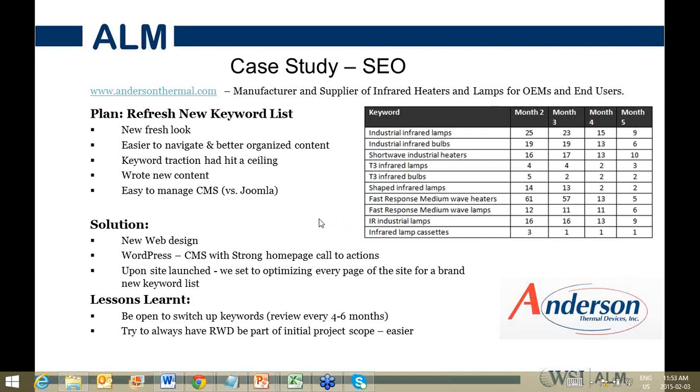Okay, so number one, be open to switching up keywords. Keep that on your list for your clients, things to do, things to review. That's important. The other thing that I do recommend, and just give me a quick second, I'm going to try to see if I can show the website, is in this case, the client,